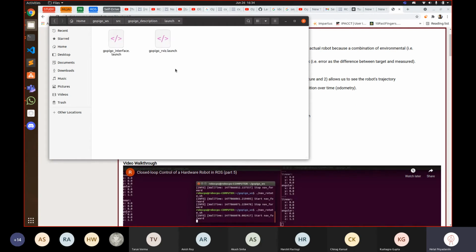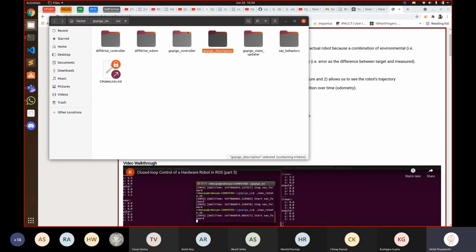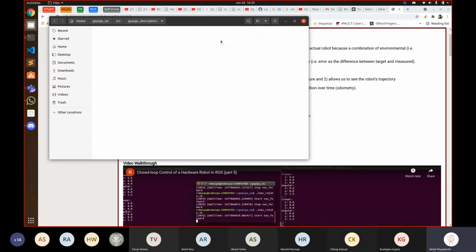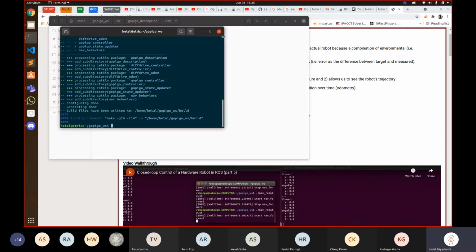Right. So let me put forward something called URDF, which means Unified Robot Description Format. You'll make a URDF file for the robot design, and this originally uses something called XML. XML is pretty easy to work with, I mean, pretty easy to understand. It might become very long, but